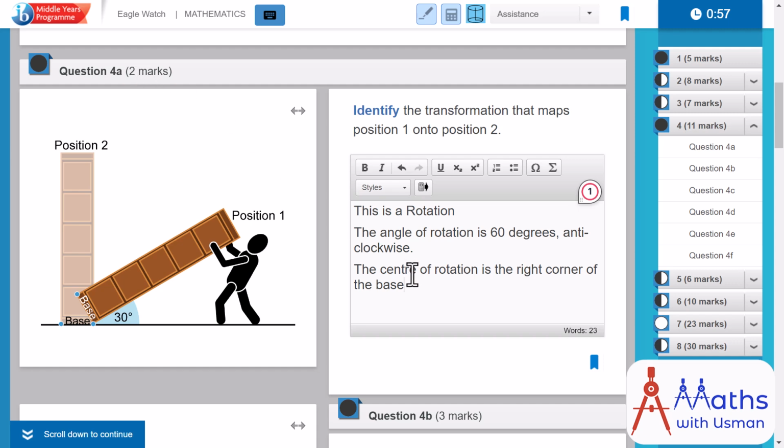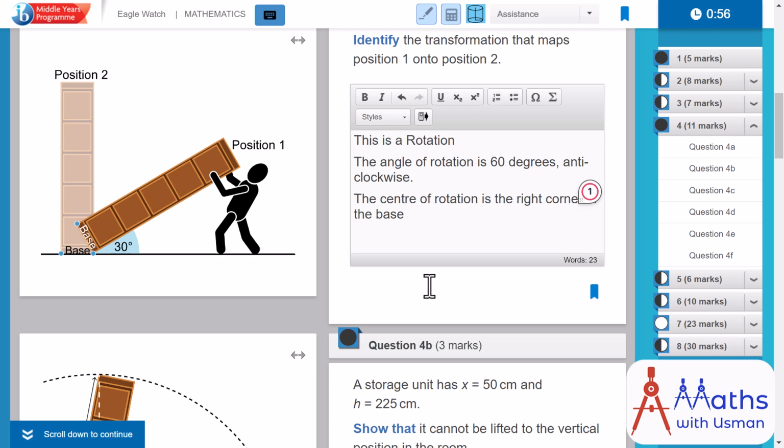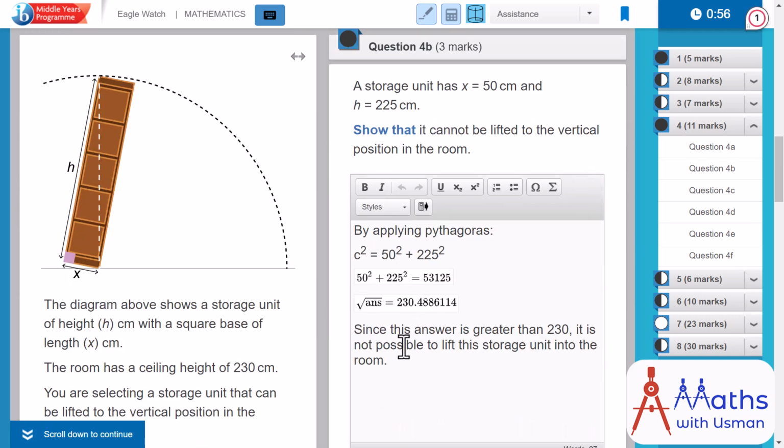So this is an example of a question where you just type in your answers. You can type in bullet points, or you can type in as one complete sentence, or you can type in as I have typed. Okay, the next question, let's basically try to erase all of these things because I actually want to write them myself.